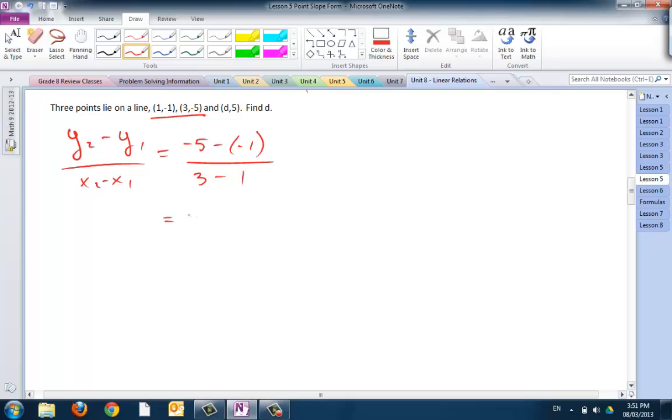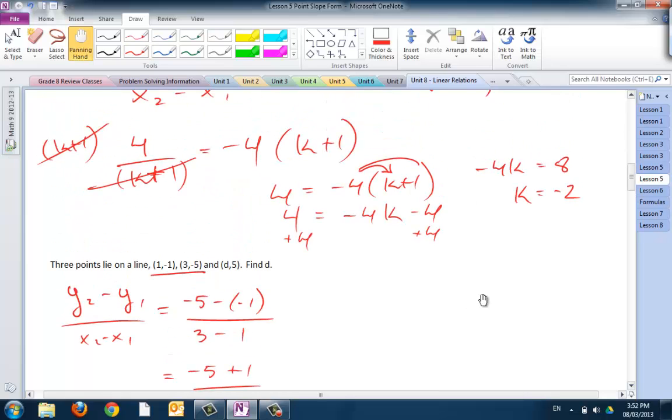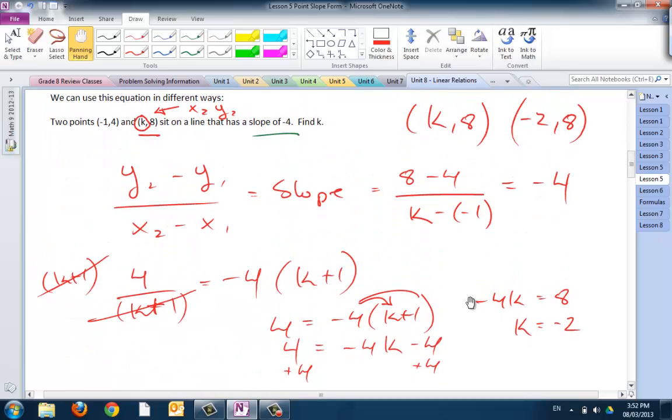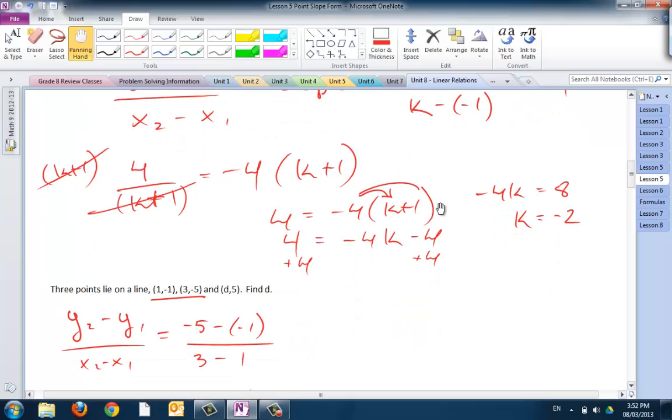And that's going to be equal to negative 5 plus 1 over 2, which is equal to negative 4 over 2. And that gives me a slope of negative 2. Now, that puts us right back to where we were back here. Back here, we were given this slope, and we were required to find a variable,